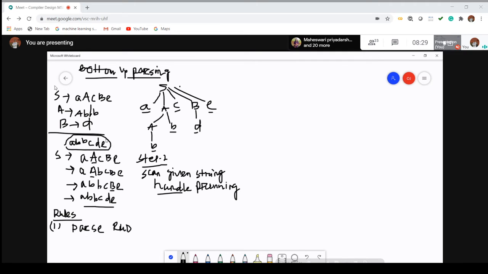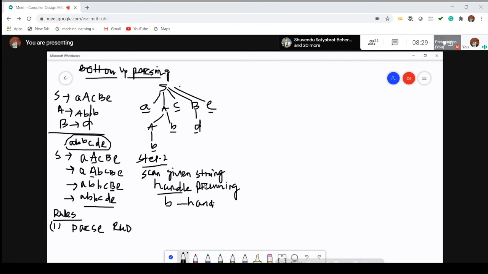Now what is the example in the first case? We have to scan from this one. A is already present in A. The second one is B. B's value is to be replaced. That means we have to check what productions exist in the grammar in which there is a production to B. Now there is a production to A. So what is the handle? Handle equals B. For that we have to replace it with its corresponding non-terminal symbol.